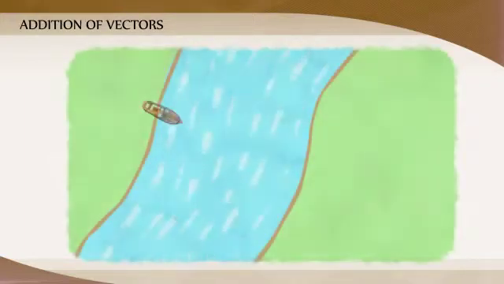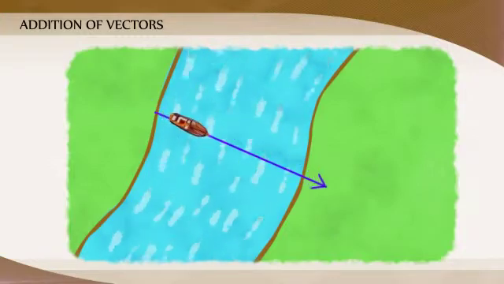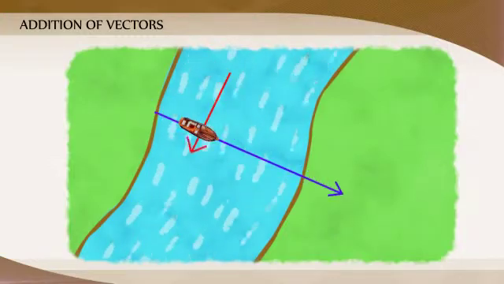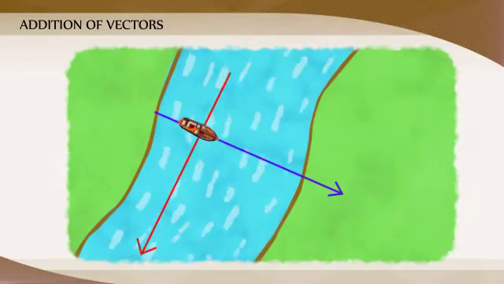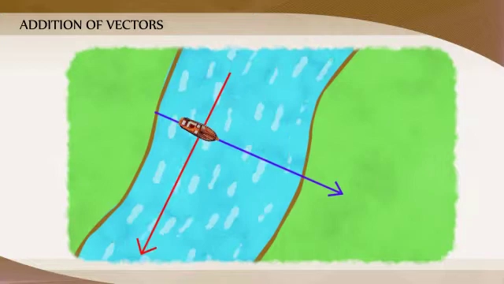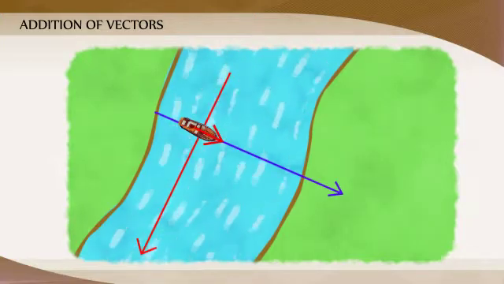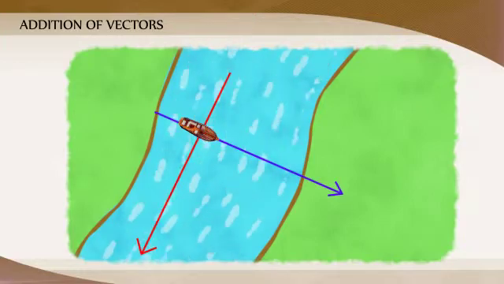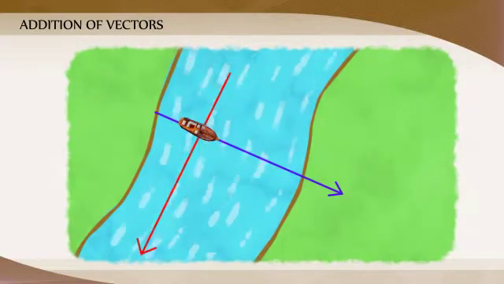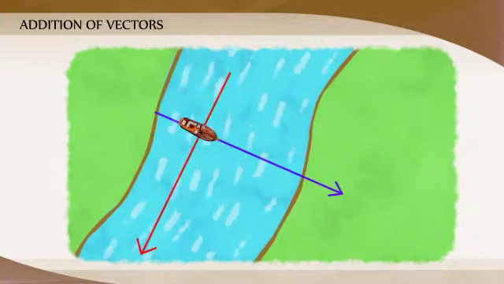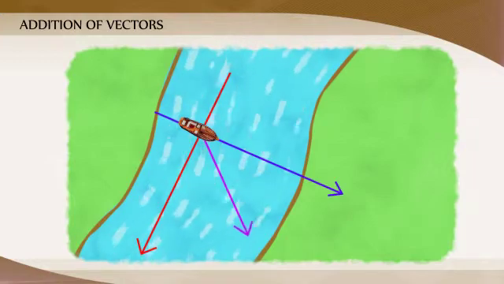Consider a boat in a river going from one bank of the river to the other in a direction perpendicular to the flow of the river. Then, the boat is acted upon by two velocity vectors. One is the velocity imparted to the boat by its engine and the other one is the velocity of the flow of river water. Under the simultaneous influence of these two velocities, the boat in actual starts travelling with a different velocity.